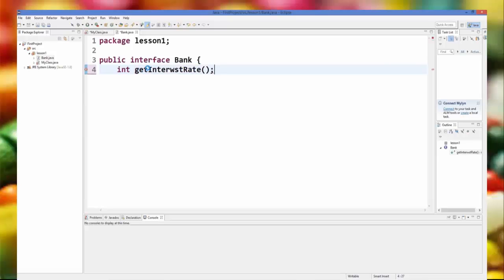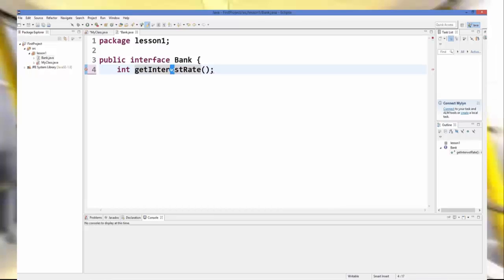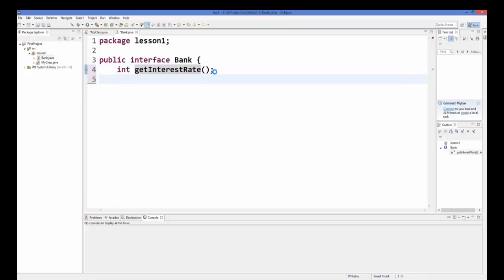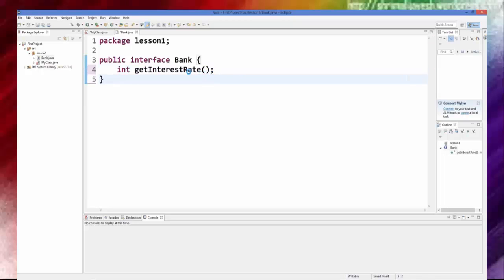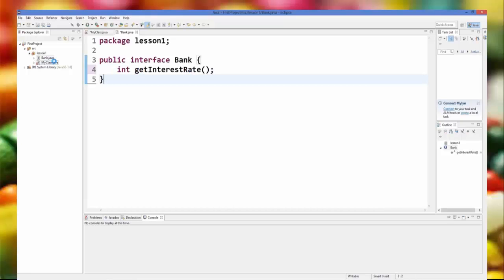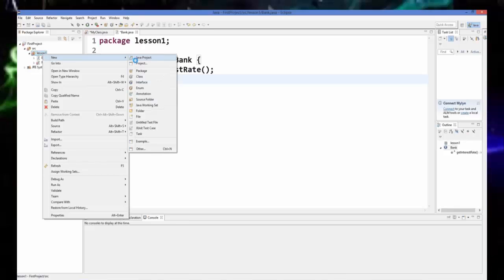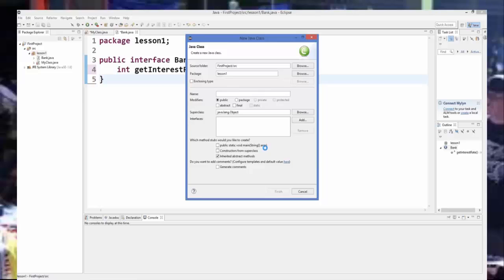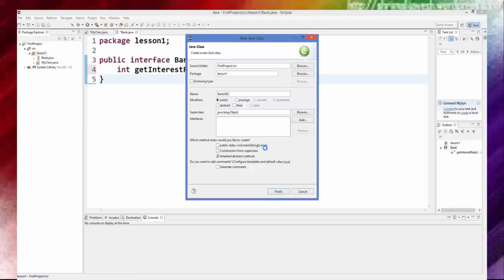Whenever you want to inherit from the interface, an interface can only be implemented, not extended. So when we define a class, for example, a new class for the Bank interface, we will name it BankABC, for example,